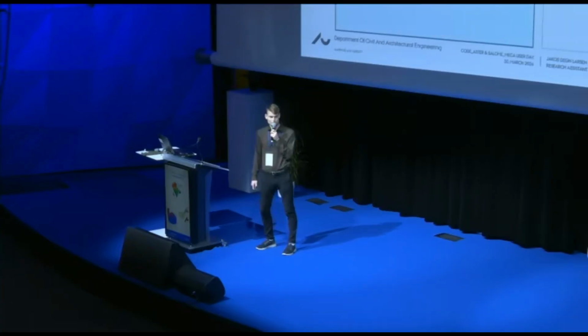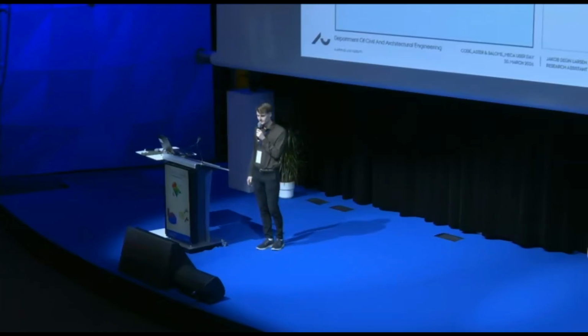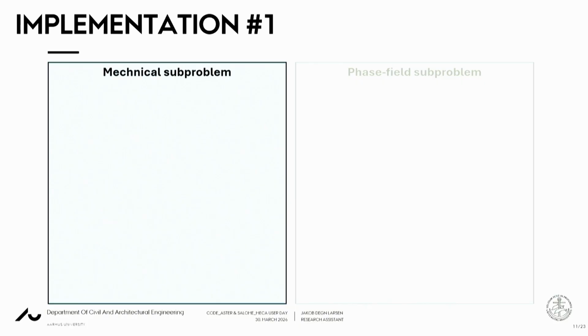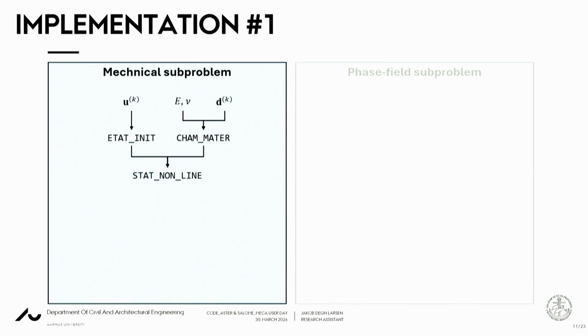So finally, let's look at the flow for implementing this in Code Aster. We have the current displacement field, which we input as an initial state. Then we have the material parameters and the current damage field, which we input in the material field. These are used in the nonlinear static solver, which is coupled to MFront for the behavior integration. This is basically what solves the mechanical subproblem. And as an output, we get the updated displacement field, and we get this effective driving force Y,